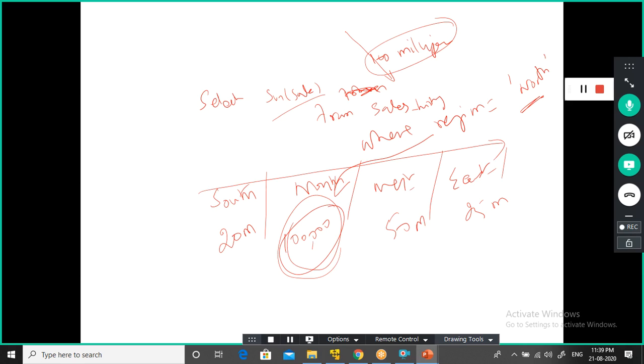But can I create the partition based on more than one column? Yes, date wise, month wise, or year wise. For example, for year wise sales, year 2020, and you have another folder called year 2019. If you want to find out the total sales on the north region in 2020, it will go to this folder.